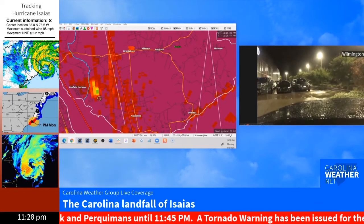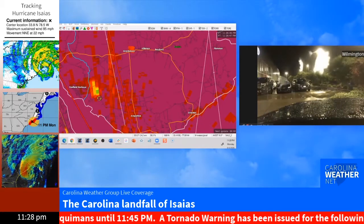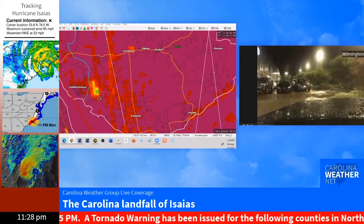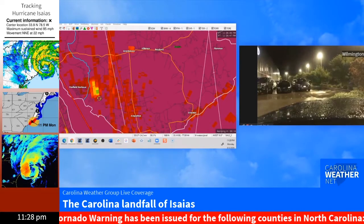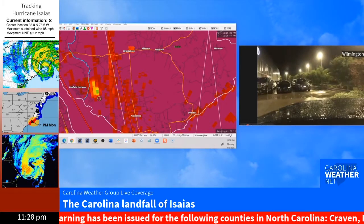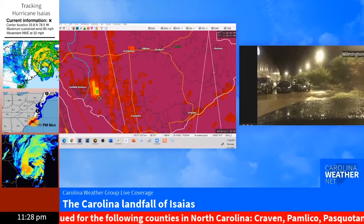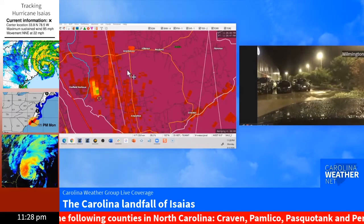that is out still near Weeksville, just to the south of Elizabeth City. Looking at this from Wakefield here, this tornado warning is until 11:45 for Pasquotank and